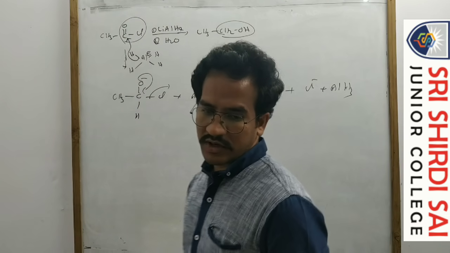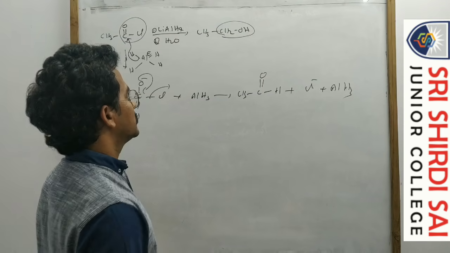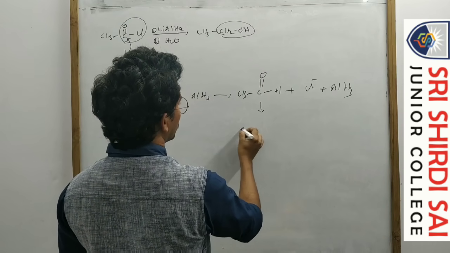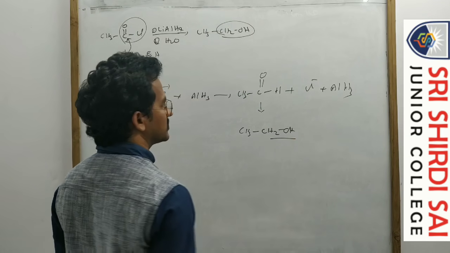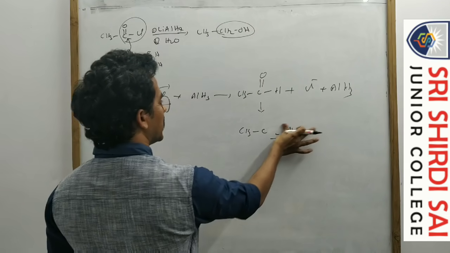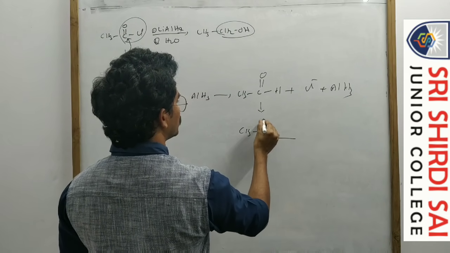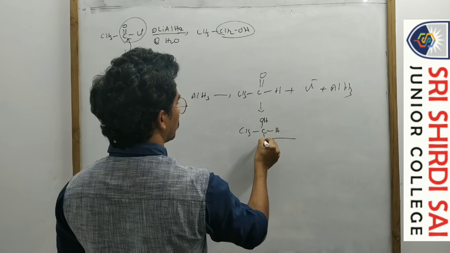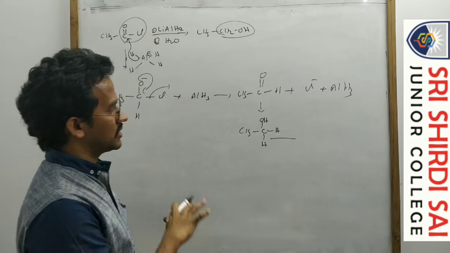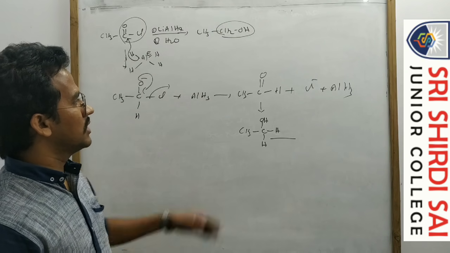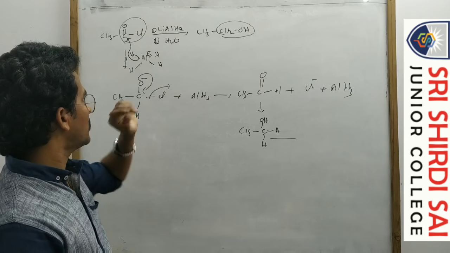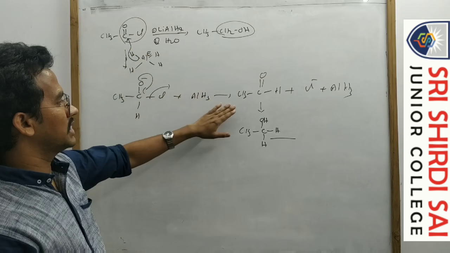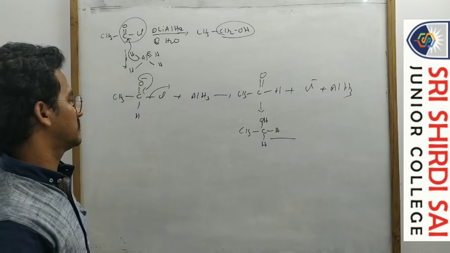That's it. Okay. So in this case, as usual, this aldehyde is again reduced to CH3CH2OH. This aldehyde is usually reduced to alcohol. Again, I am not discussing the mechanism here. Aldehyde is reduced to alcohol, just to mention that. So first, acid halide goes to aldehyde, then to alcohol.